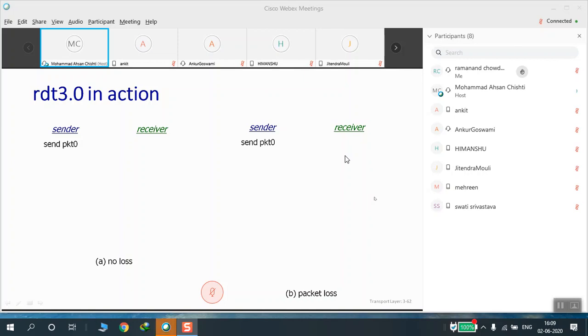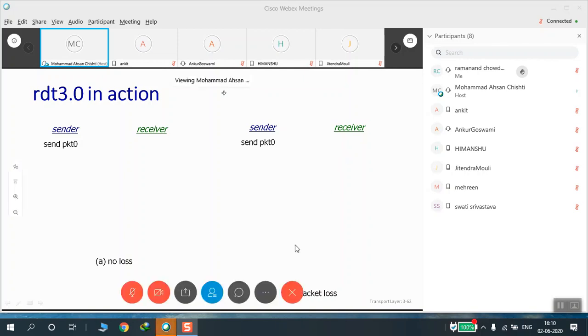Okay, so basically what is reliable data transfer? What is reliability here? We want to ensure that if I am saying something to you, you have received that. So how do I ensure that what I have said, you have received it?